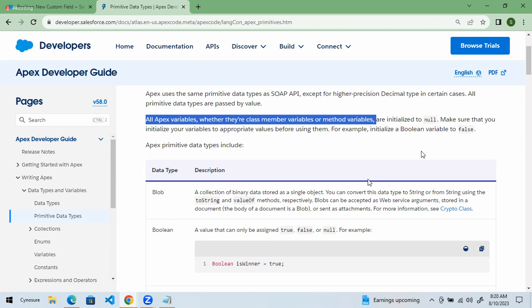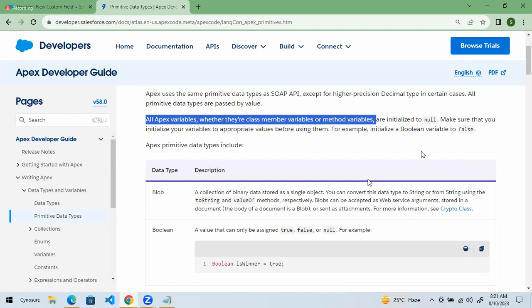So if you create a variable using any one of these data types, and if you don't specify any value, if I say integer a, that's it, and I don't give a value like 5 or 10, then what will be present inside that a? Null will be present. So it can be string, integer, date, date time, time, long, it can be anything. Any of these data types if you choose, and if you don't specify a value for it, then the default value will be null. Now tell me,